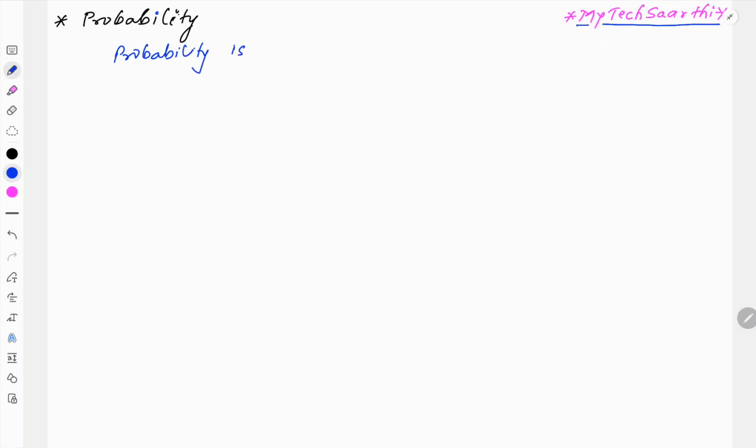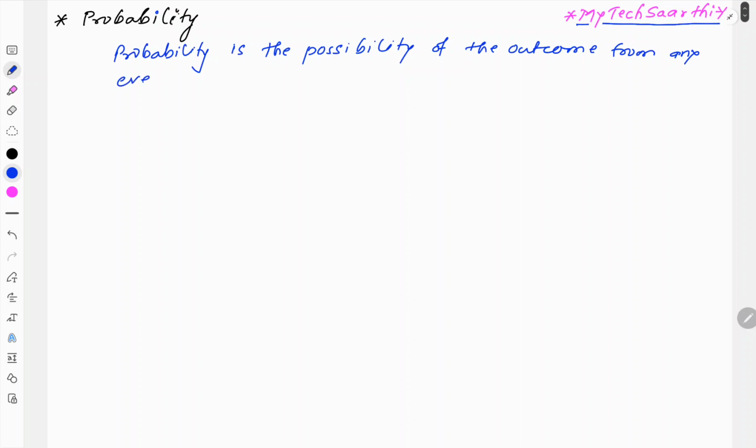Probability is the possibility of the outcome from any event. So for example, if we toss a coin, the probability of getting head and tail is 50%. So if we toss a coin, the outcome will be either head or tail. So we can say that